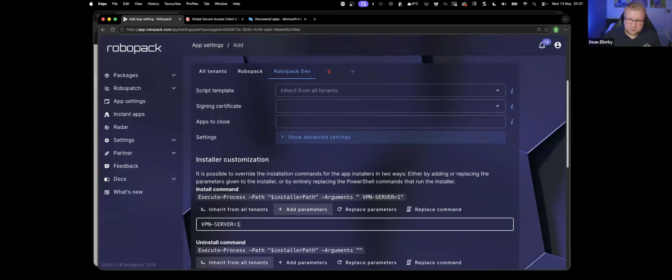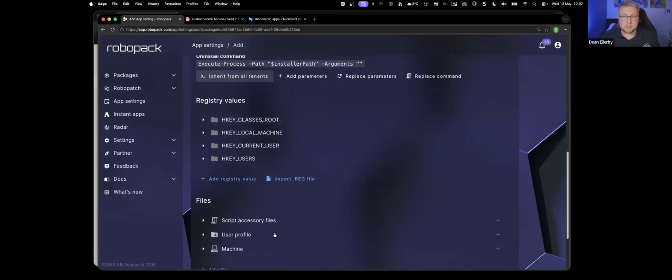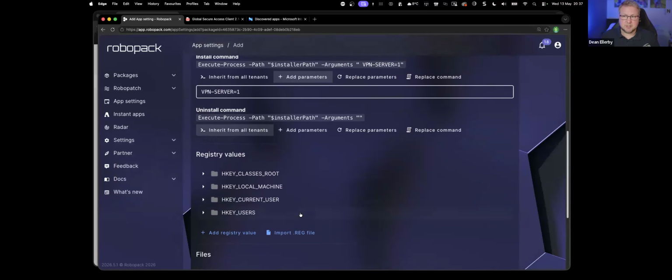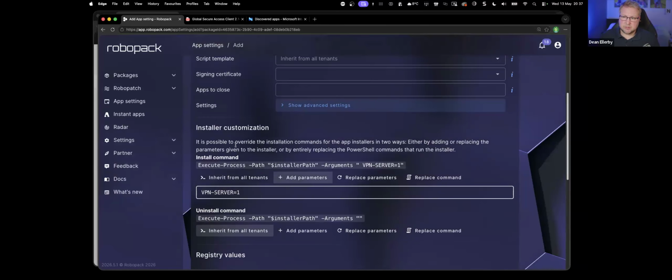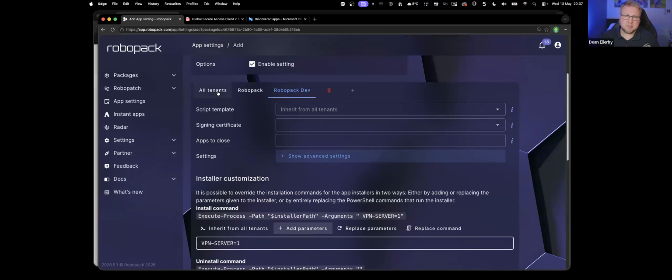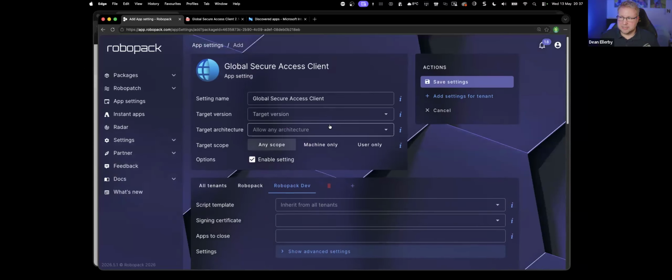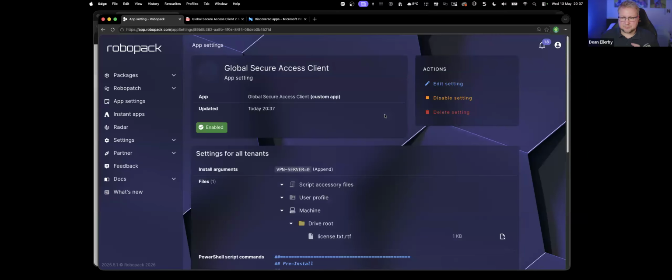And so now all of these other settings I can change, the registry values, files and stuff I can change per customer. If it's inherited, then it'll work across all customers. So this top one, all tenants, the file I added will go to all tenants, but these customized things that I've just changed per tenant will obviously be per tenant. And the beautiful thing is that when I choose save settings, it creates an Intune win for each of those customers. So it's not one Intune win with all the settings in. It's three in this case, three Intune wins for all those settings that we've got,